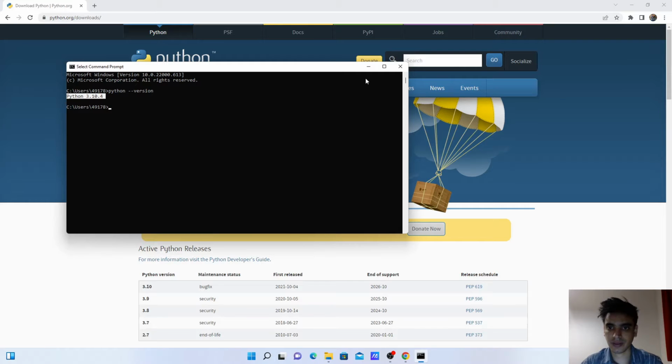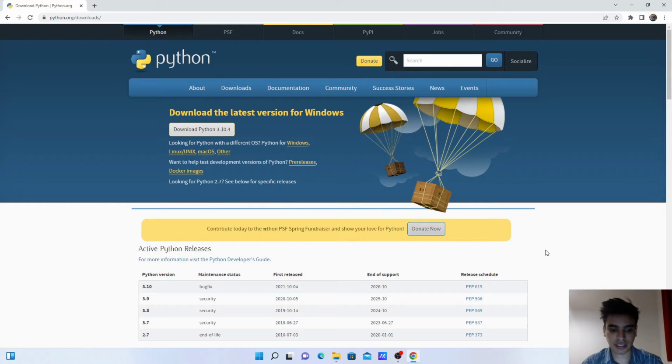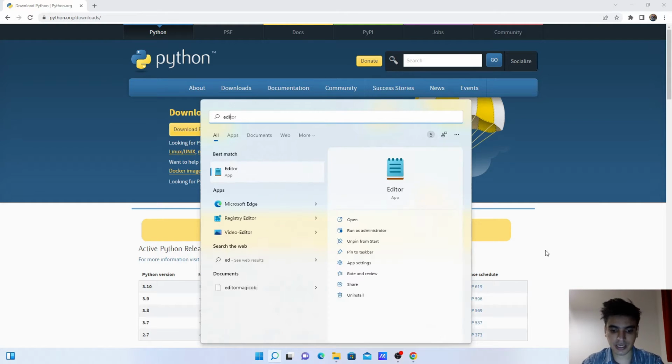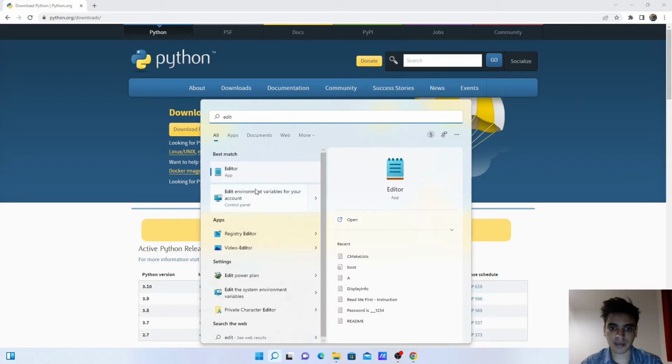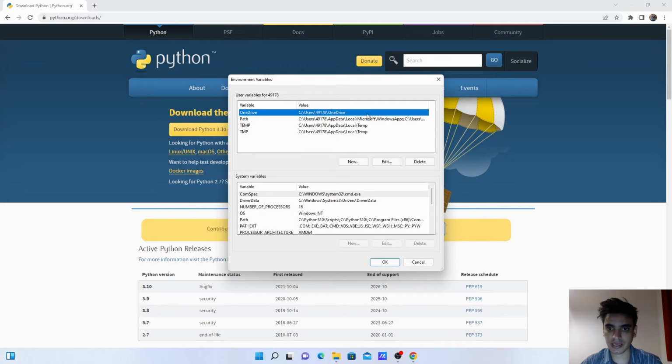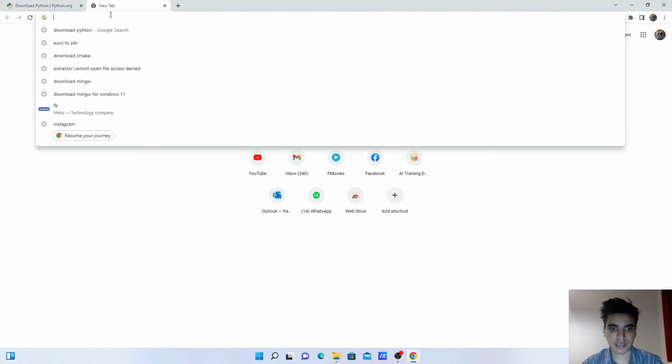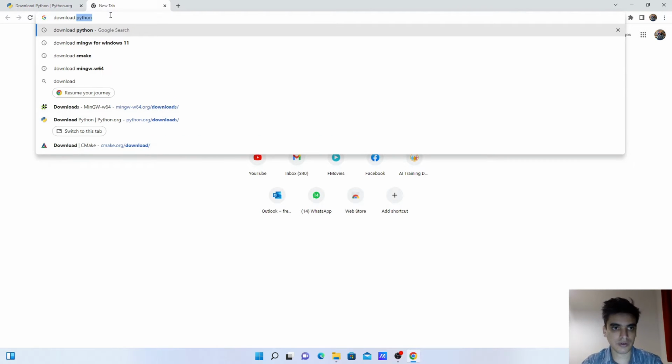So now the next thing we need to check is the path for the Python is set correctly. Now go to edit environment variables for your account, open it and select path, and see in the path the path is set C Python 3.10. Just click on OK, and the next library we need is